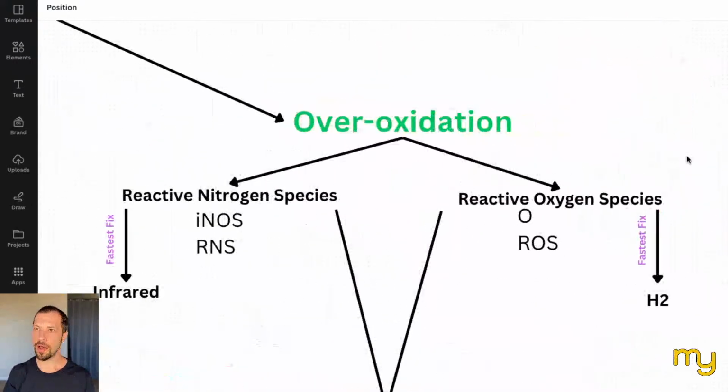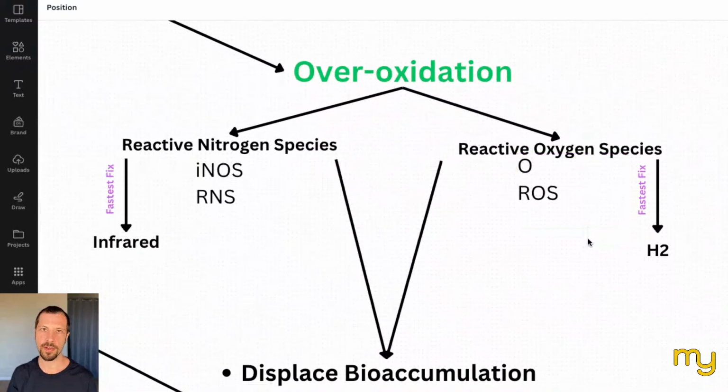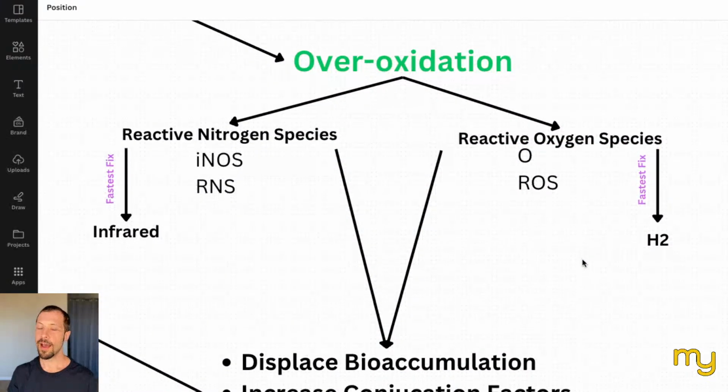So for reactive oxygen species, we can do hydrogen water, which is a very novel way of producing hydrogen. If you have two hydrogen molecules and one free-floating oxygen molecule, have you heard of H2O, or water? Well, that's what you get when you add in H2. So that neutralizes that